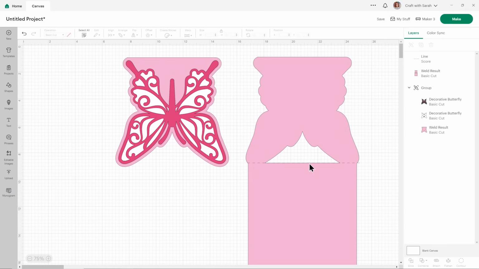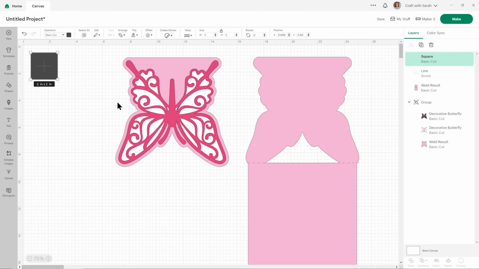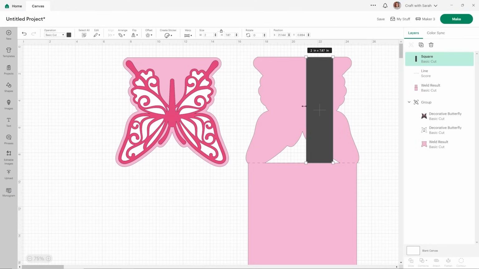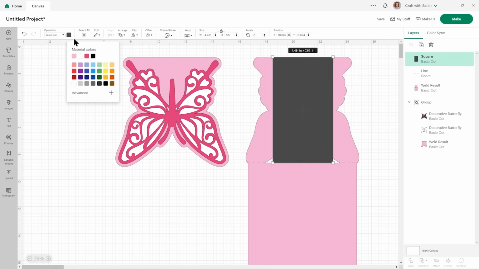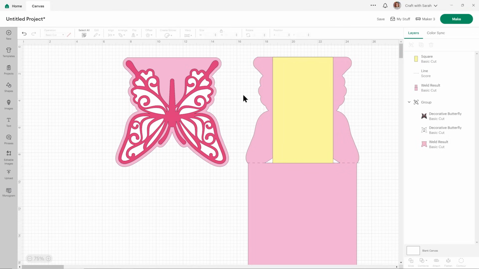So I need it to be along the top of that square, which that now is, and then we need to put one halfway along here. So we'll go and choose a square and then make this that exact height. The width doesn't matter. Make it another colour so you can see.